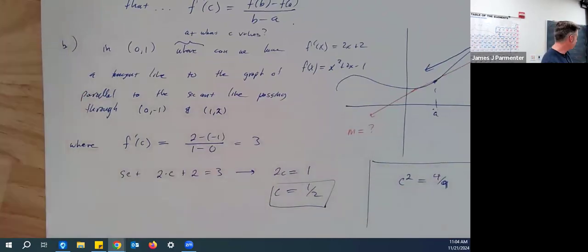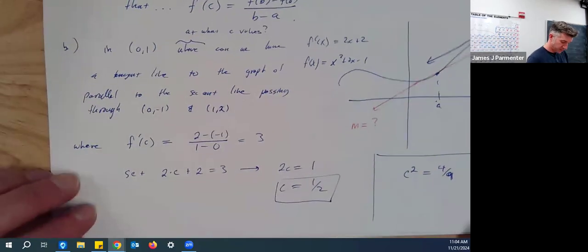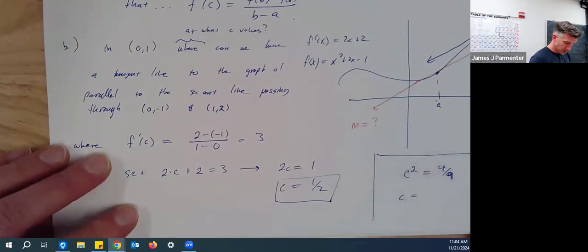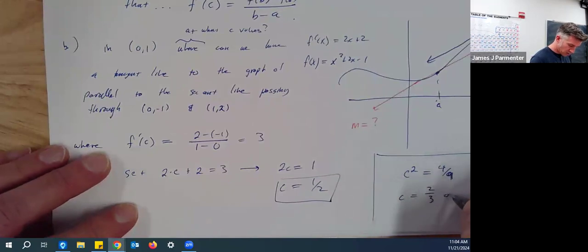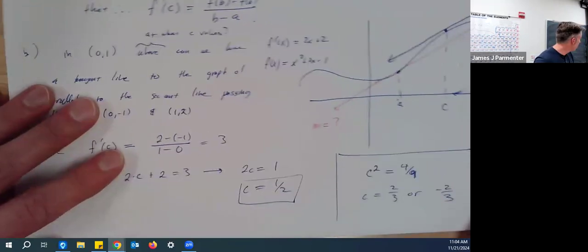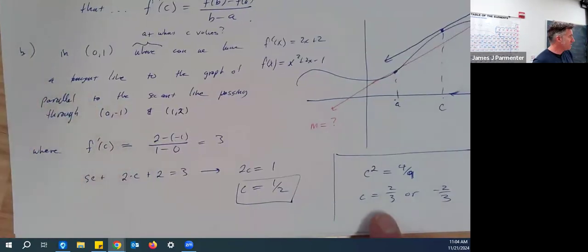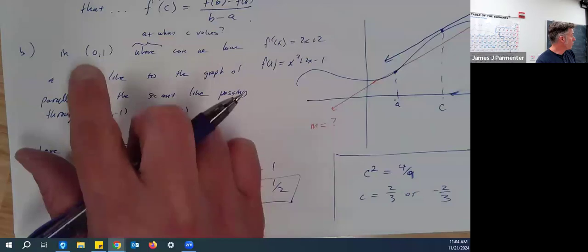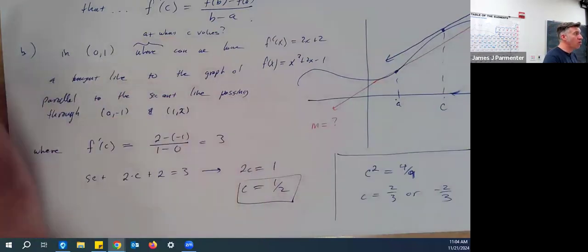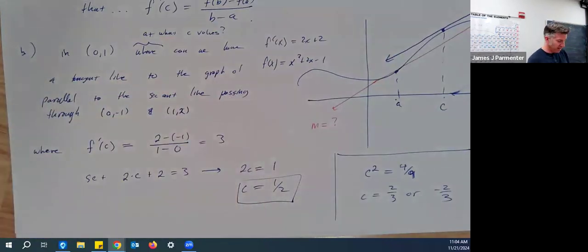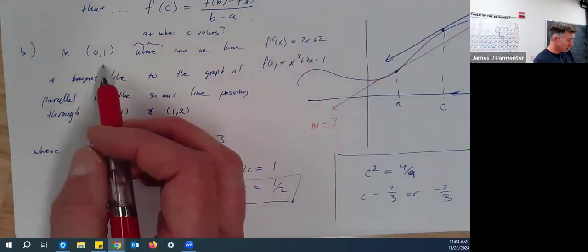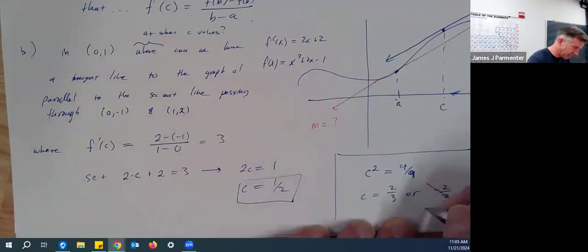Let's say c squared was 4/9. So then what are my solutions to that equation? C equals 2/3 or? Right. But our C value has to be in the original interval. So you only want to say the answers that live between the endpoints you started in. So this would not be a valid answer,